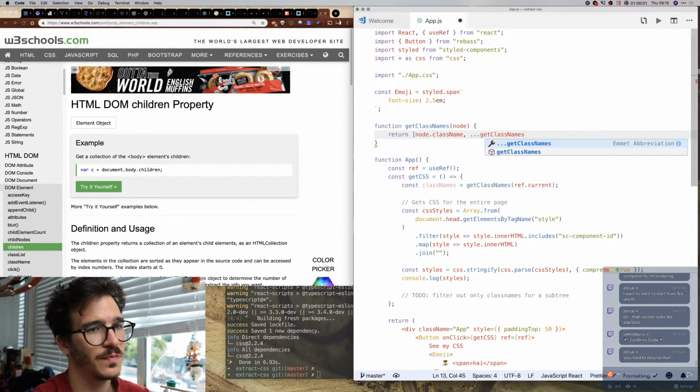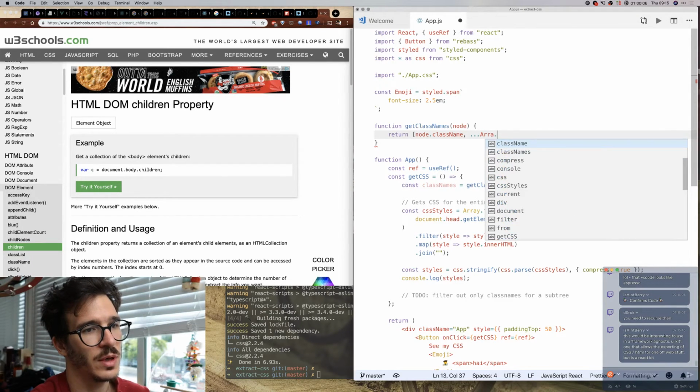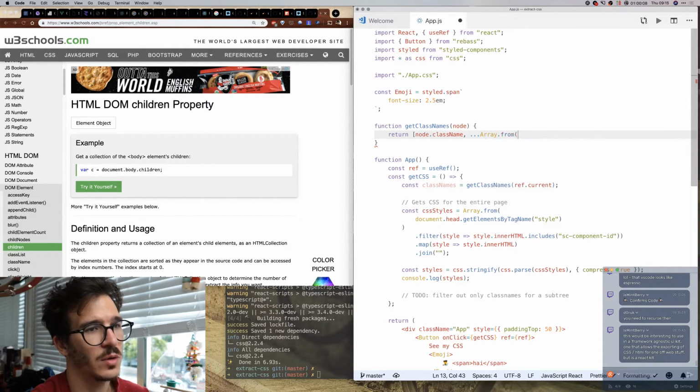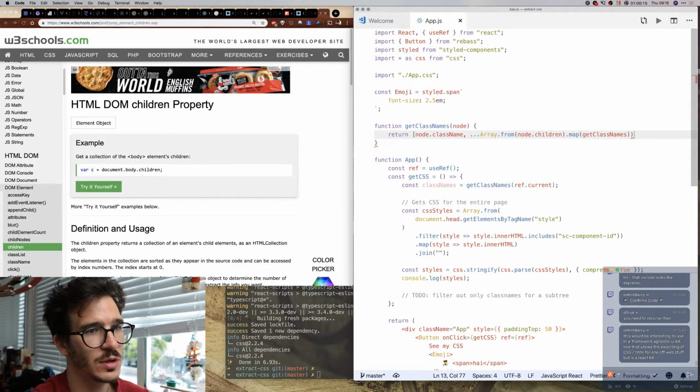No, so it's going to return Array.from(node.children).map(getClassNames). So this should give me all class names for